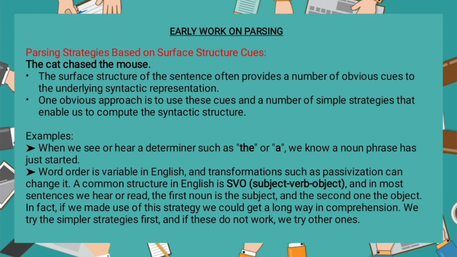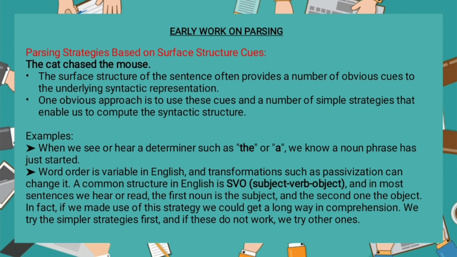Parsing strategies based on surface structure cues. Example: the cat chased the mouse. The surface structure of the sentence often provides a number of obvious cues to the underlying syntactic representation. One obvious approach is to use these cues and a number of simple strategies that enable us to compute the syntactic structure. Examples: when we see or hear a determiner such as "the" or "a", we know a noun phrase